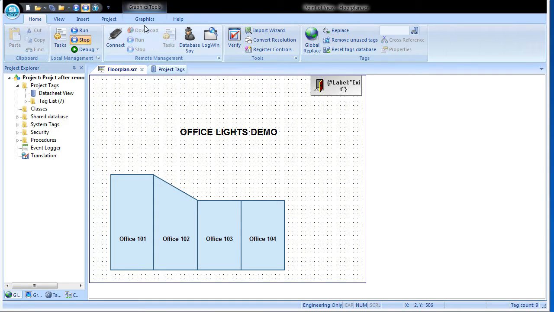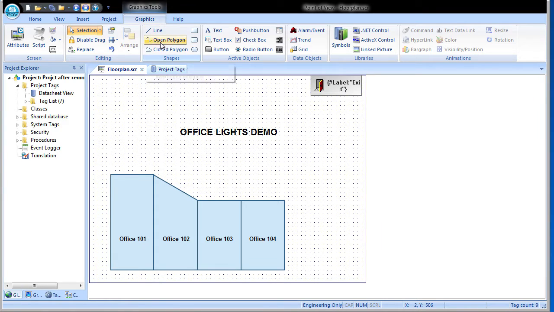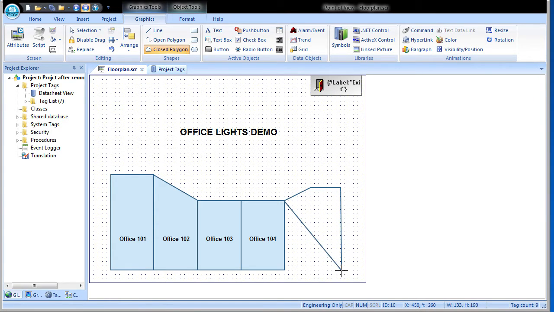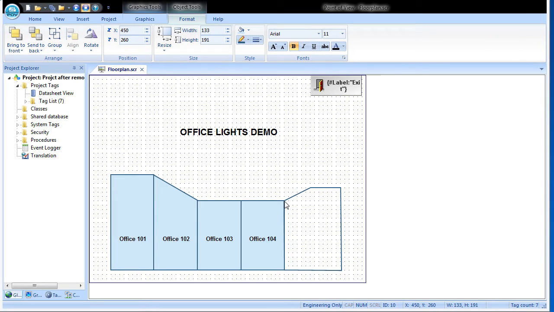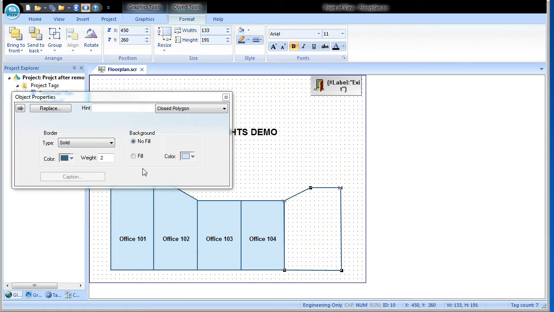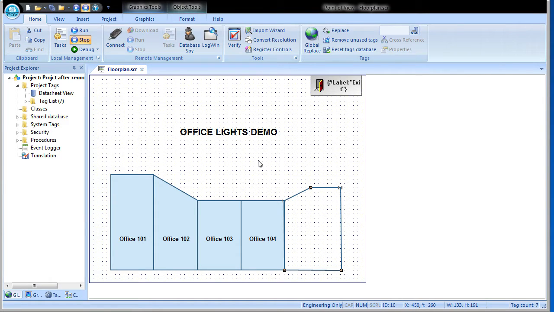First, we'll go to the Graphics tab and select a closed polygon. Click on a point to start, and then click on each corner. Double-click to finish. Now this is just a dumb polygon. If we double-click on it, you can see that all we can do is change the border and the fill. To make it do something, click on the polygon and enable the features or animations that you want it to